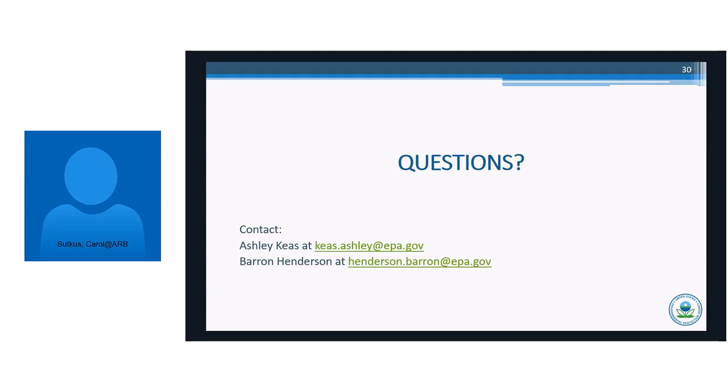So it looks like we did get a question, can we speak more to the applicability to marginal areas? For example, would this be considered a SIP? So I did briefly cover that earlier. For marginal areas, they would not already be subject to the requirement to demonstrate future attainment, which a prospective demonstration would provide relief from. So marginal ozone non-attainment areas would be able to submit a retrospective demonstration in order to be considered as getting relief from the reclassification requirement if they were not able to attain by the attainment date.